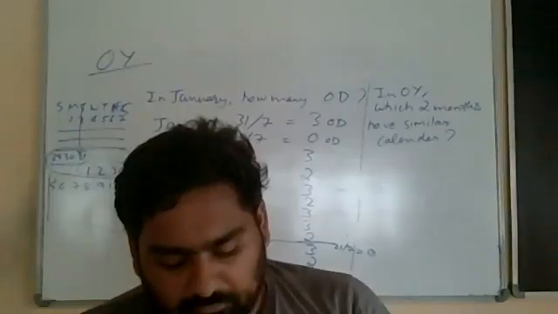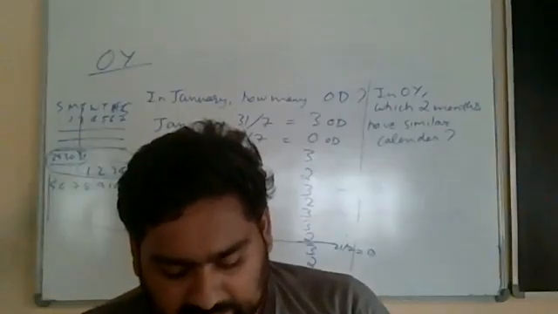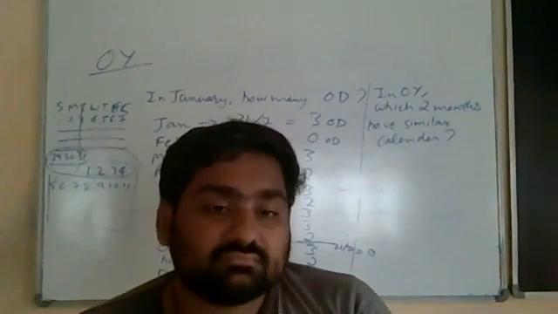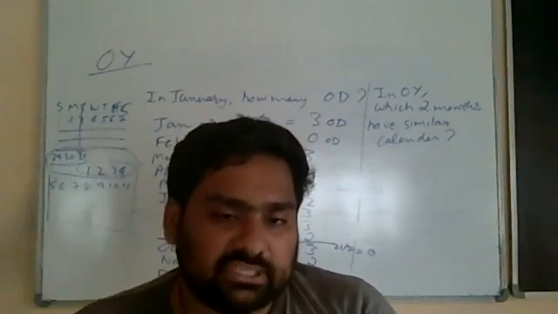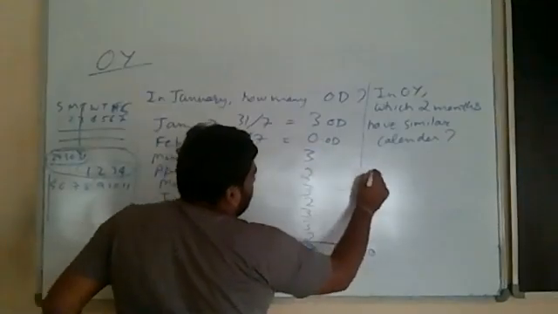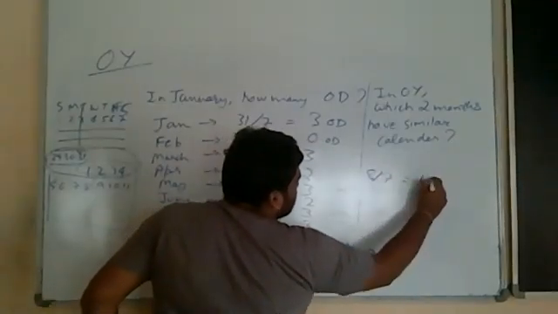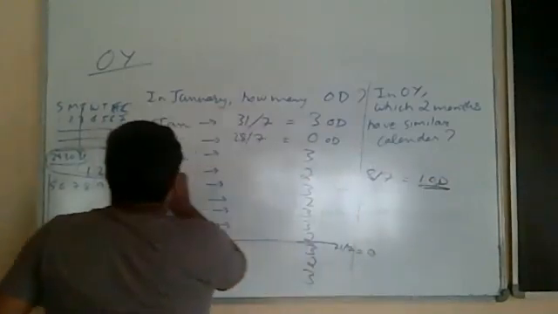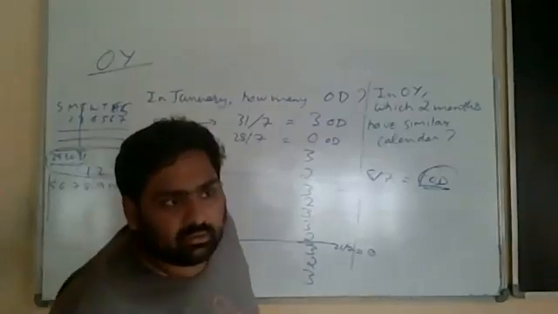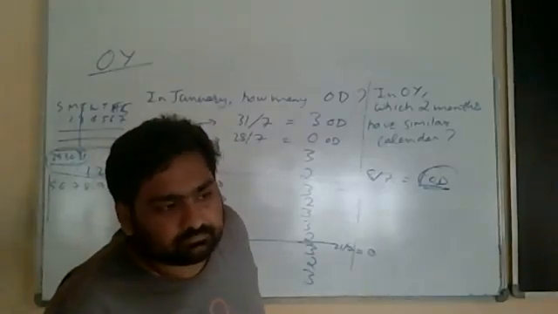2 to 8, 9 to 15, 16 to 22, 23 to 29. Remaining is how much? 30. Just 1 day. Yes or no? 1 day. Now look at this. What I have done? 3 plus 3, 6. 6 plus 2, 8. 8 divided by 7. Again, remaining is 1, which means by the end of April, you have 1 odd day, and that is 30th of April. Did we not do that just now?